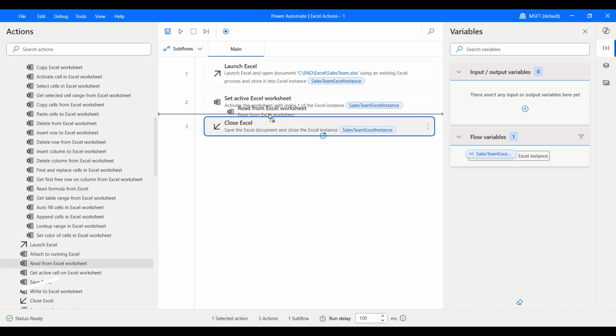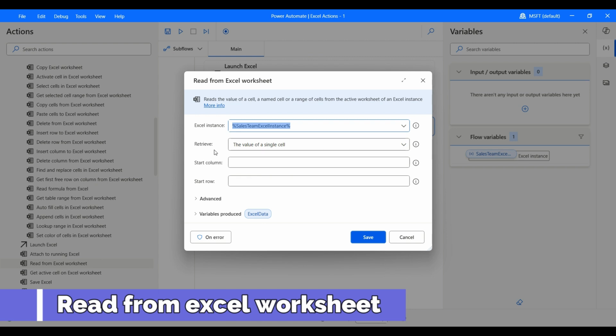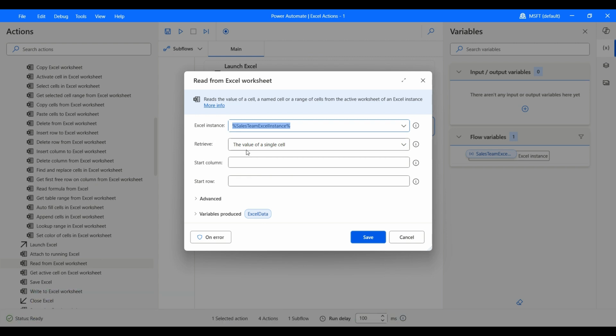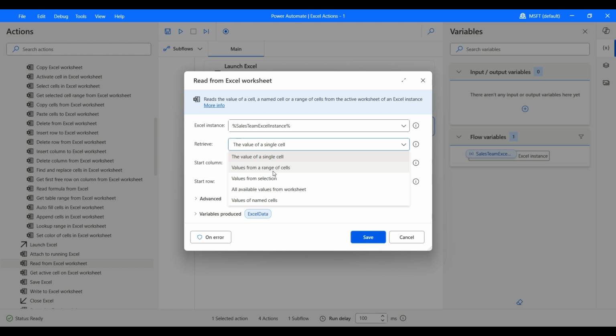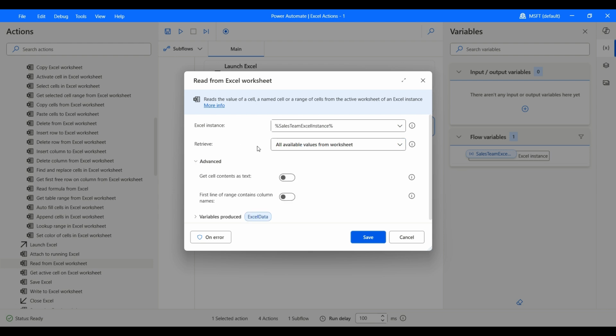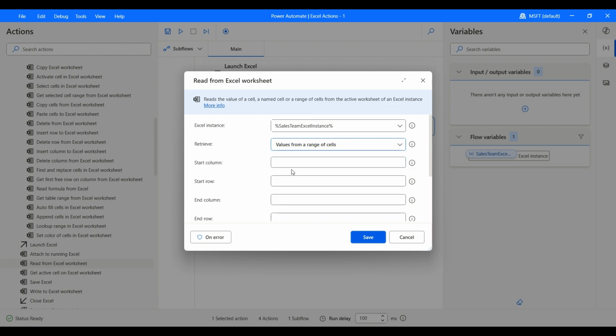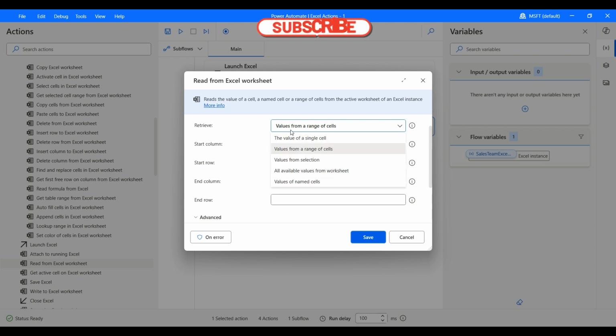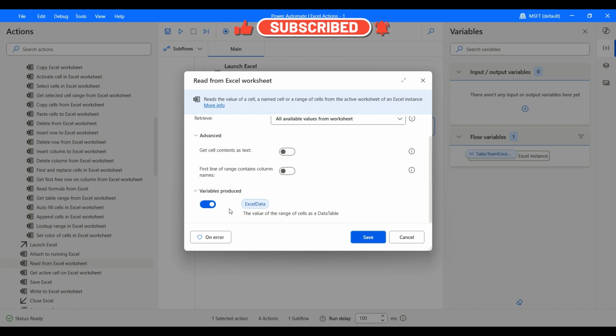Let's go and read from the Excel worksheet. In this case, you can specify the Excel instance, retrieve value of a single cell, values from a range of cells, values from a selection, all available values from the worksheet, values of the named cell. In this case, we will go with all available values from the worksheet. You will be able to get all the content. If you would like to go with values from a range of cells, you can specify the starting column, starting row, ending column, ending row. In this case, let's put all available values from the worksheet, and the variable produced is the